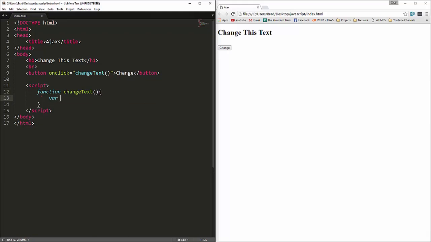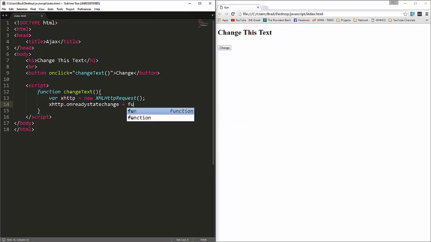Now we're going to create our XHR object. So let's create a variable called xhttp. We're going to set it to new XMLHttpRequest. And then we can take that object, xhttp, and we're going to call the onreadystatechange. Let's set that to function,